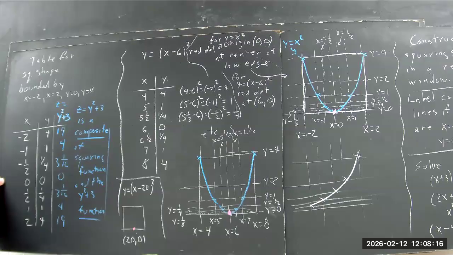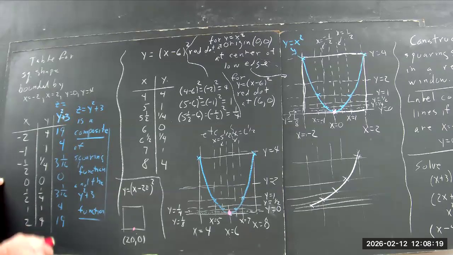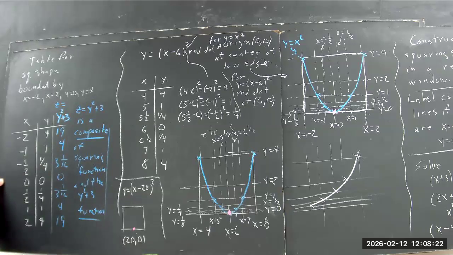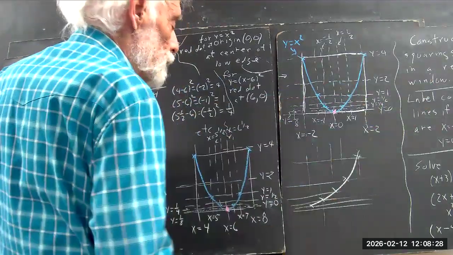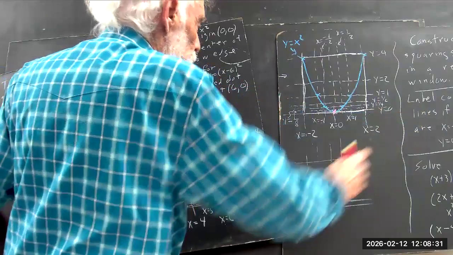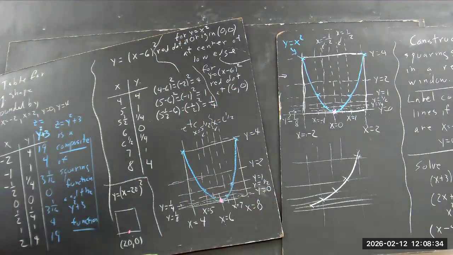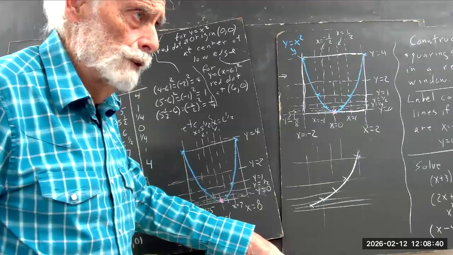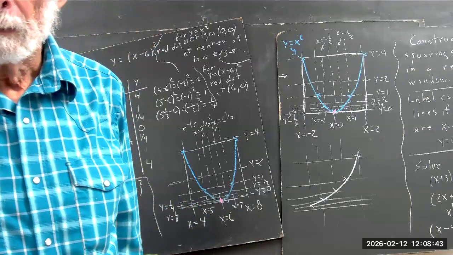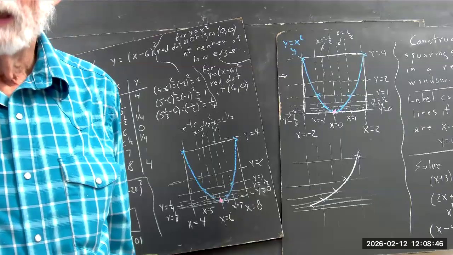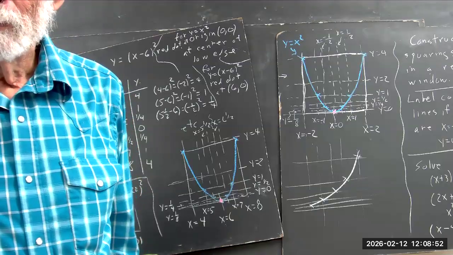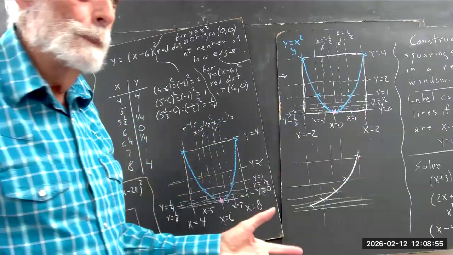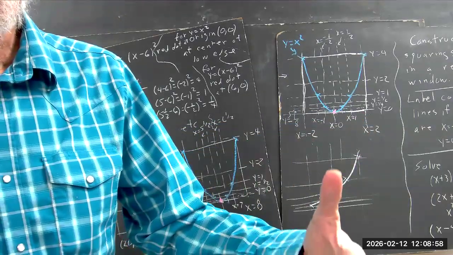Does that make sense? Okay, there's a rule there that says if you replace x by x minus 20, it's going to take this graph and shift it 20 units to the right, to where x equals 0 becomes x equals 20. And all the other numbers go along with it. Now that's a big idea. It's an idea that it's very difficult to get pre-calculus students to understand, which is why we're talking about it now. You're going to encounter it again in 2 weeks in the text. Okay? So we're trying to prepare you with some simple examples and some exercises for what you're going to see in the text,